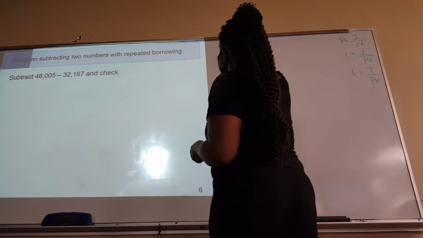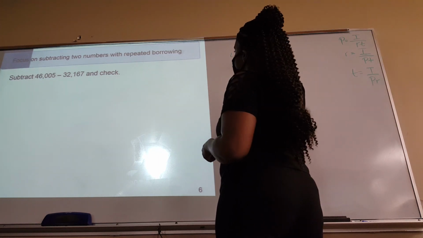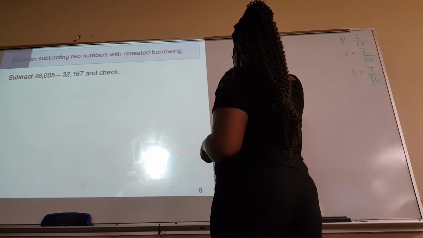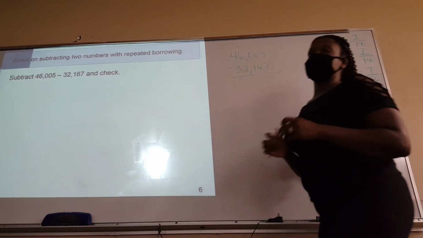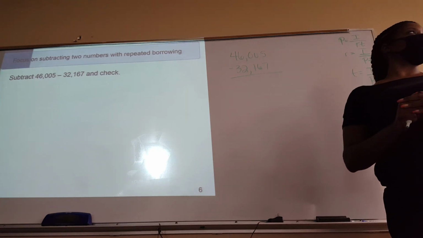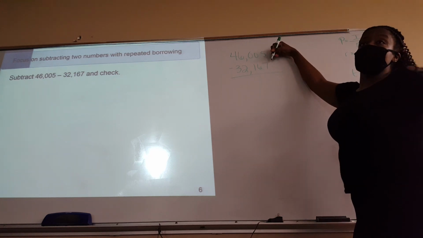So we have 46,005. We're going to subtract 32,167. Everybody familiar with the process? So since we have to borrow, since 5 is larger than 7,